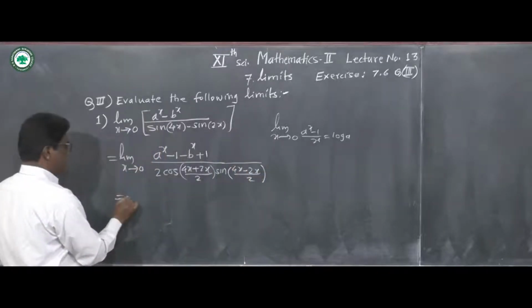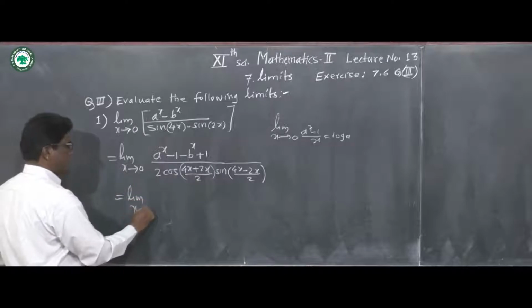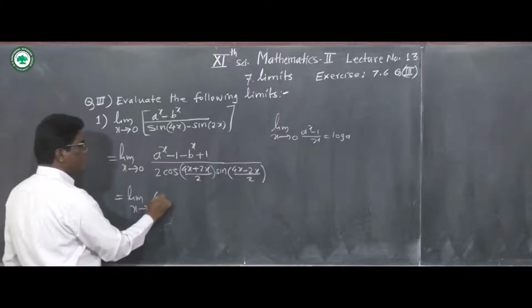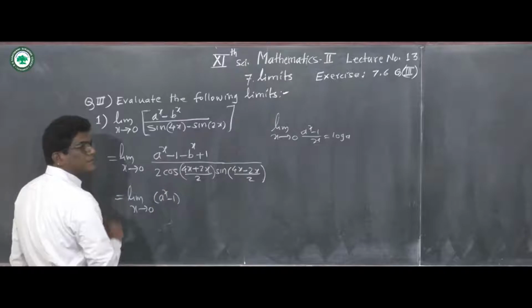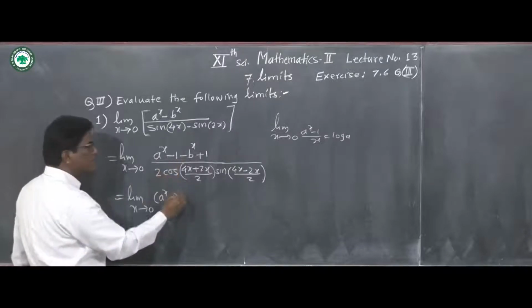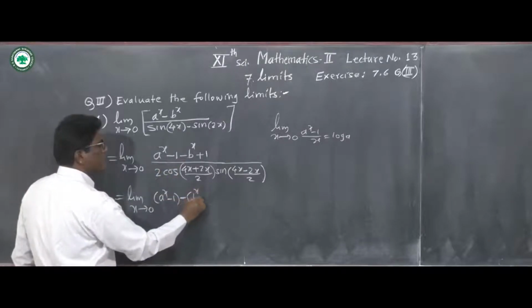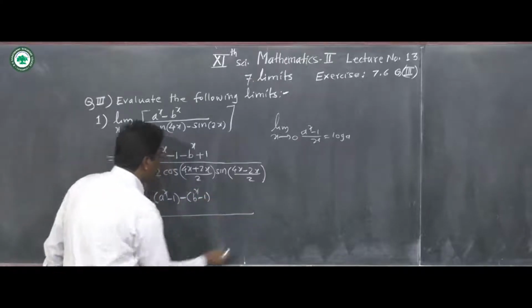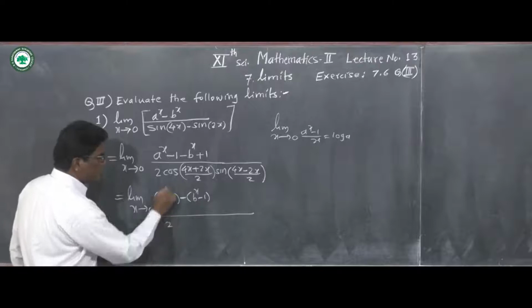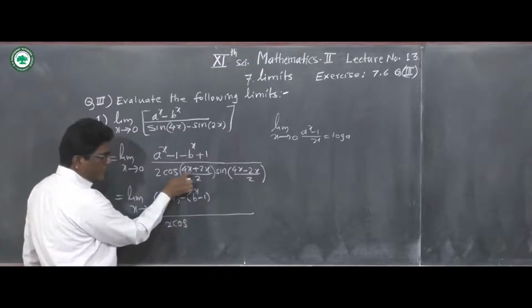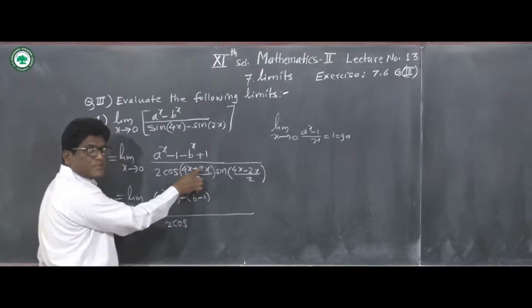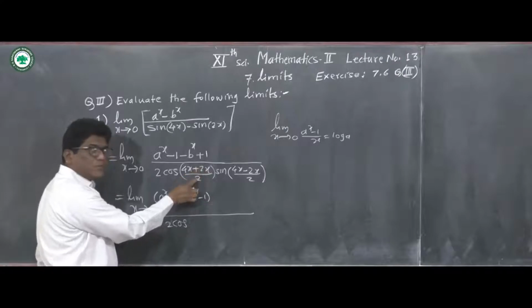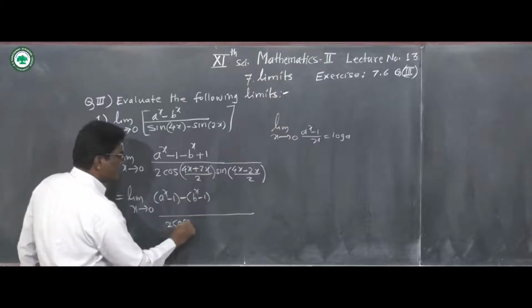So it is equal to limit as x tends to 0, a to the power x minus 1, now take minus sign common, minus in the bracket b to the power x minus 1 in the numerator like this, divided by 2 into cos of 4x plus 2x, 6x, and upon 2, 6 upon 2, that is 3, so it is